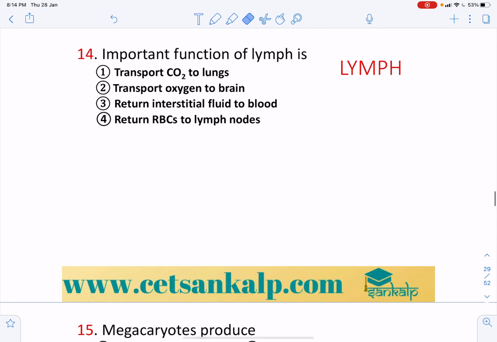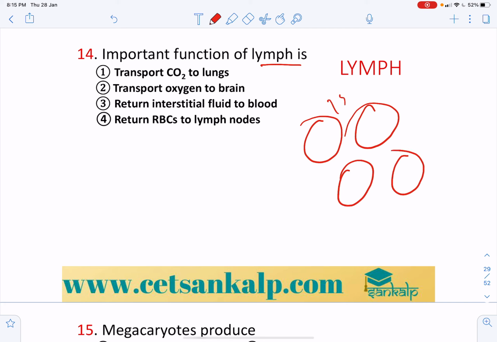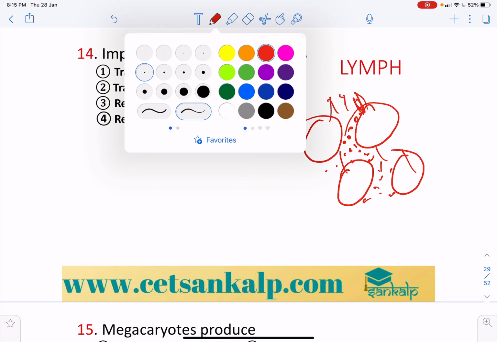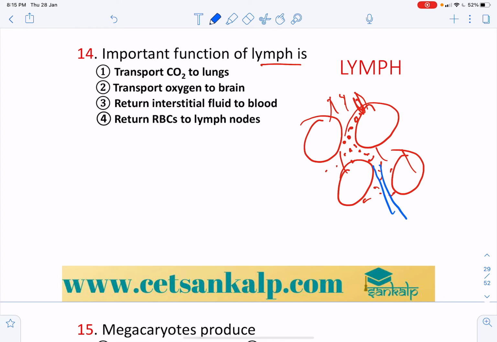Important function of the lymph. Lymph is a tissue fluid with lymph vessels. Keep in mind that there are body tissue cells, and between them run the capillaries. Because of their small diameter, nutrients leak out. If this accumulates for a longer duration, it may cause problems, hence it is collected by the smaller lymphatic vessels,